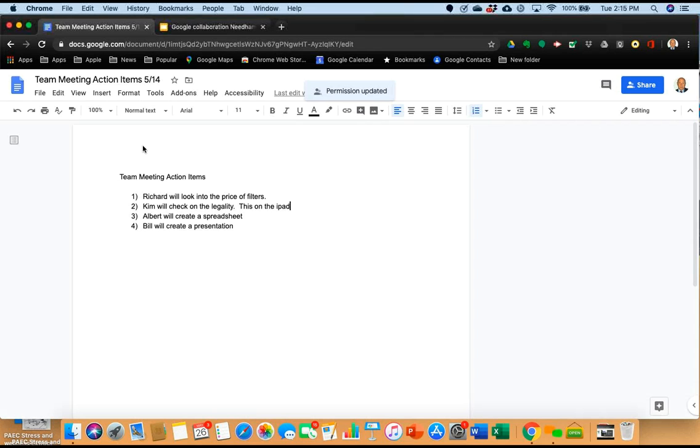So there's actually 3 different levels in the document itself. There is editing, and there is suggesting, and there's viewing. So a commenter cannot edit, but they can suggest. Even though, by the way, an editor can suggest as well. So I'm just going to show you what suggesting looks like. So let's say I don't like the word create. So I want to use, and say